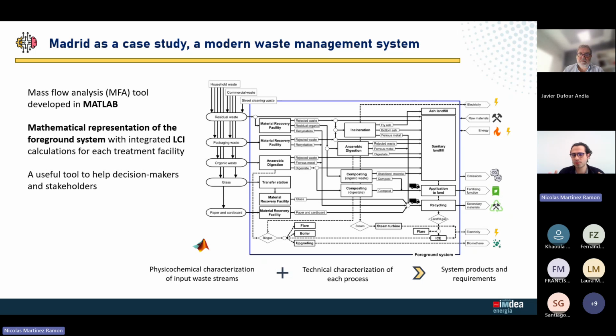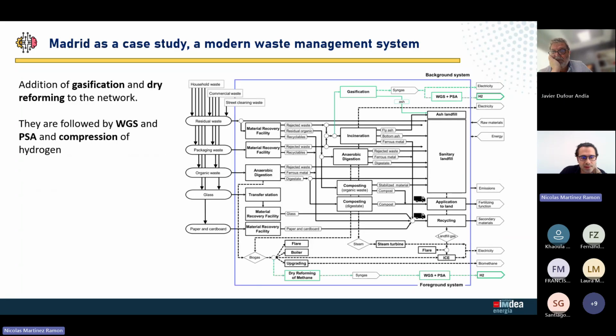But I want to highlight that even though it's a relatively complex scheme, if you try to find hydrogen in the products on the right, you will not be able to, because as the system exists now, in this configuration, there are no technologies that can specifically convert the available waste streams into hydrogen. So what we propose in this case was the following modifications to the system,